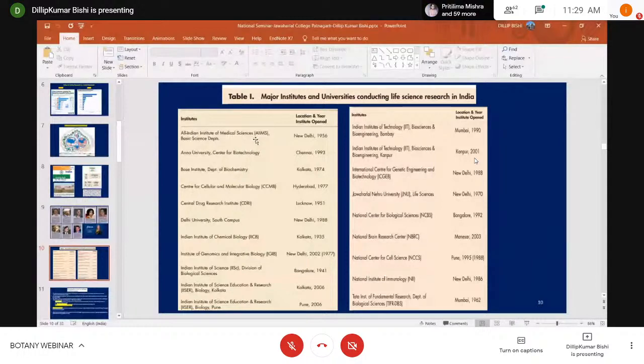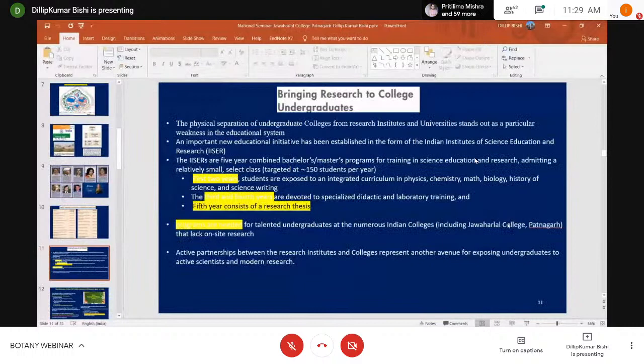So how can we take this particular research to colleges, or maybe even Ramadevi University? There has to be some kind of policy making. The Indian Institute of Science Education and Research, with the focus on research, and in their curriculum they have made some kind of scenario that in